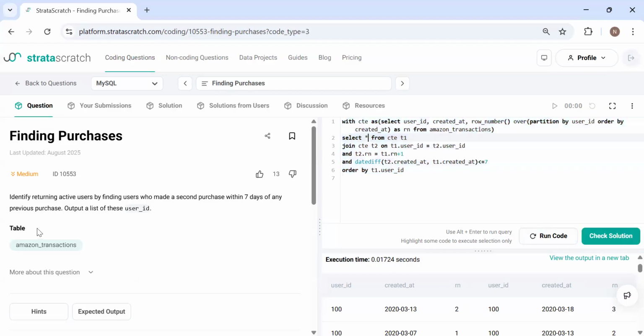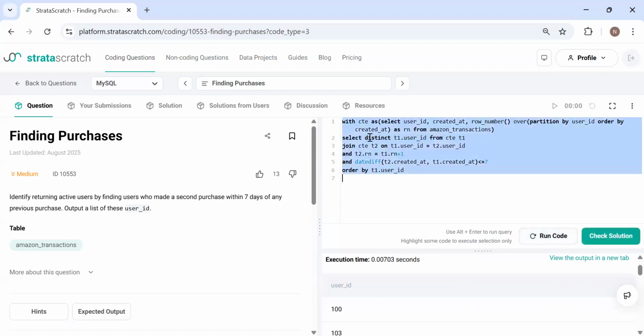Okay. So what we have to print, I'm currently printing all the columns, but we do not have to print all the columns. We just have to print the user IDs. So I'm going to put here T1.user_id, and we have to print unique user IDs. So I'm going to put DISTINCT here. Distinct. Okay, now let's run this. Okay, so we are getting these user IDs. So these are the user IDs who have made two purchases within 7 days, within the duration of 7 days,